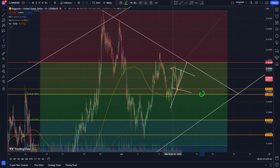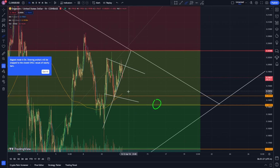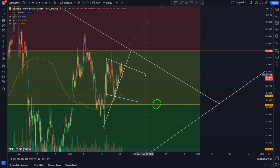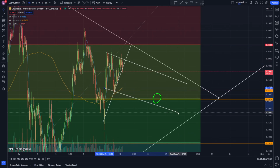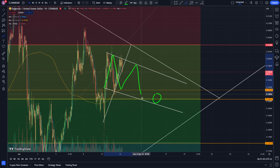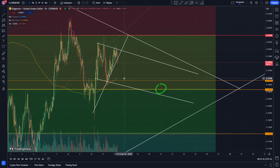You can see this channel pattern is actually kind of heading down. We're getting lower highs and then lower lows. So technically this is a falling channel. Let's see how long it rides in this one, but we could take advantage of this, in my opinion. Maybe we could even lower this one. Maybe this one could even go to like,